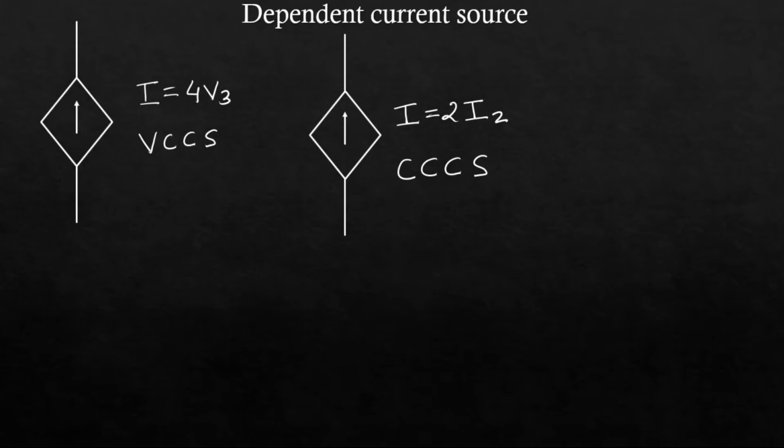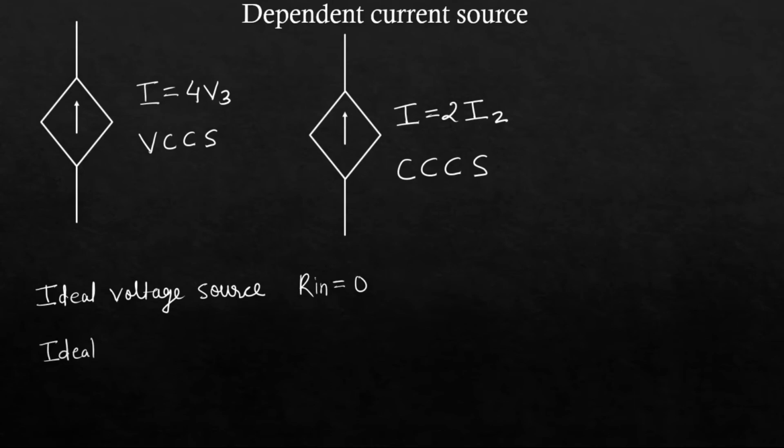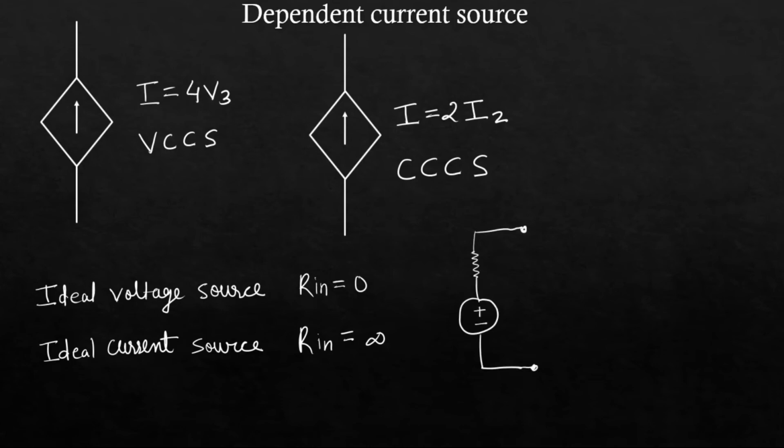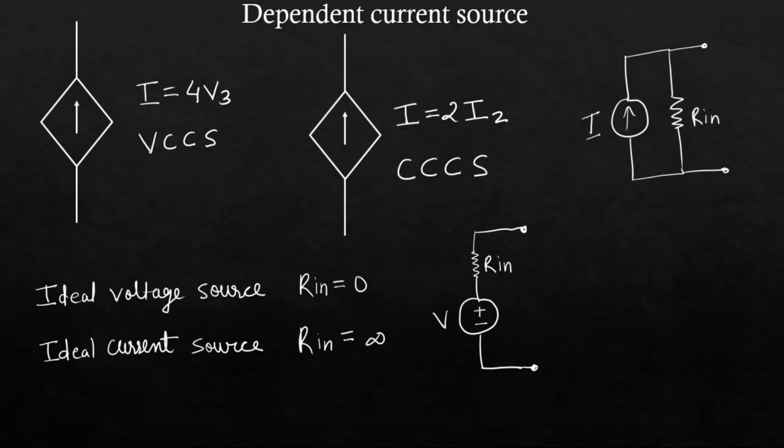The only difference that I told you between practical and ideal is that for an ideal voltage source, the internal impedance R internal is 0. And for an ideal current source, R internal is infinite. But when it comes to practical sources, how do the current and voltage source look like? A voltage source will be something like this. This is R internal, this is V. And the current source will be something like this. There is an R internal in parallel with the current source. Here you can see R internal is in series with the voltage source. Here R internal is in parallel with the current source.